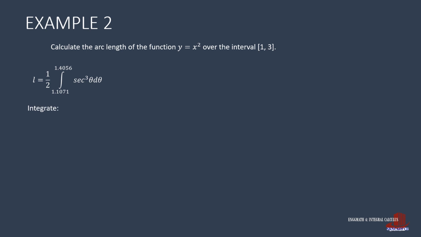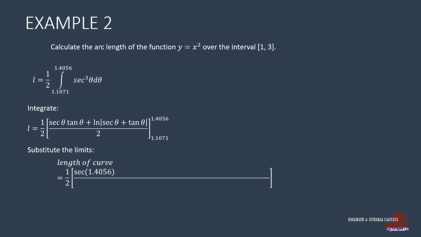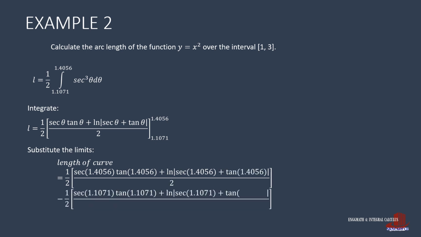The integral of secant cube theta is half of secant theta tangent theta, plus ln of secant theta plus tangent theta. It is quite a bunch to remember, but it would be best to have the integration memorized. You can take all of the constants out to the left, but the next step is to plug in the limits, where we place the upper limit of 1.4056 into the equation, and then subtract the term with the lower limit of 1.1071 plugged in. Although long, work on the answer using your calculator